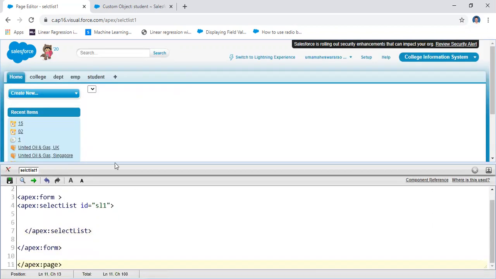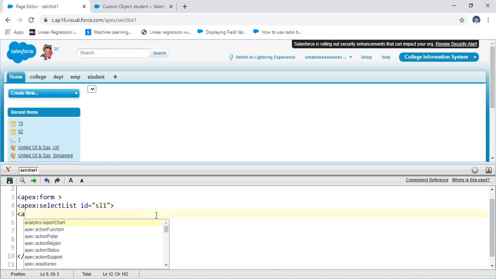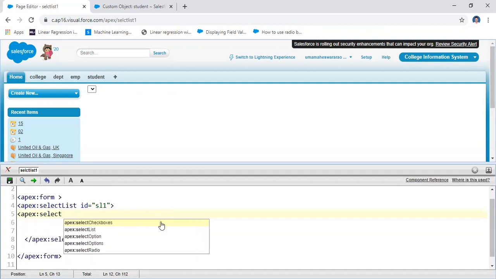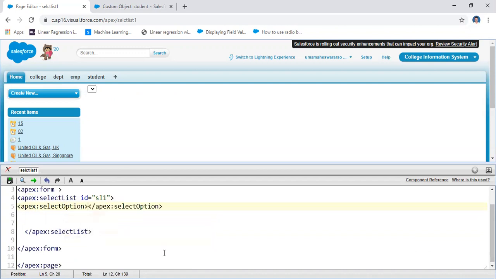Nothing. I did not write anything here. Now I'm going to write some options. The first thing here is I'm going to write apex colon select option. The select option takes some values.